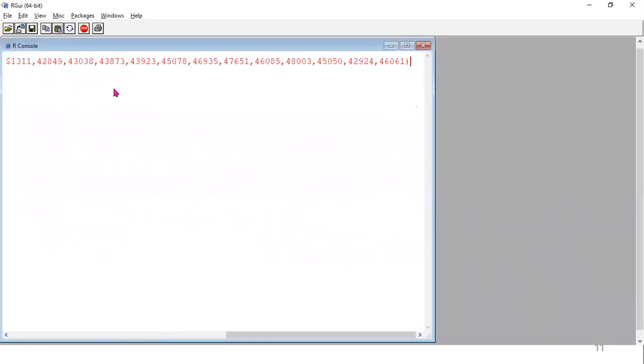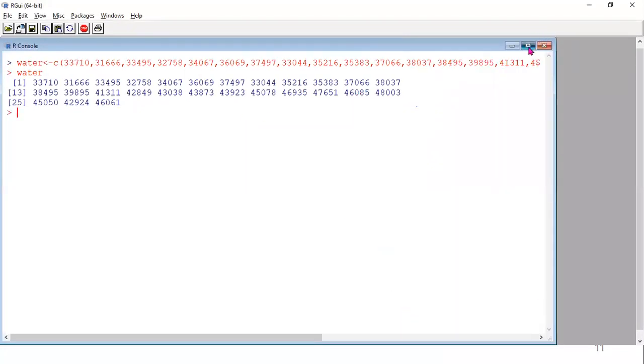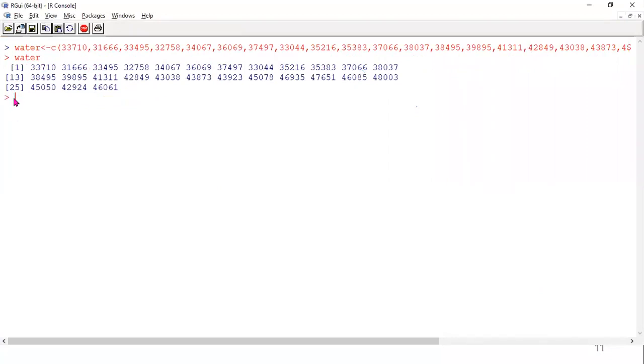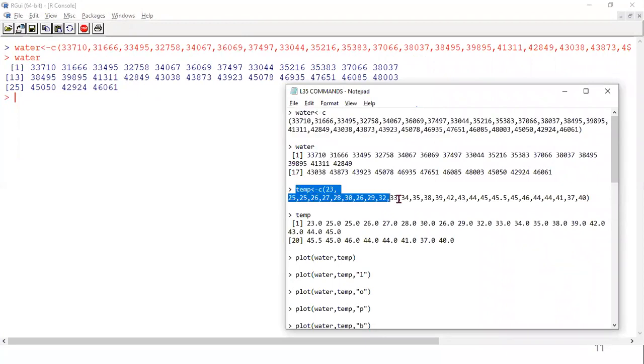Now I'm storing here water with the 27 days of data. Then the next vector, temperature, can be stored in the vector temp.